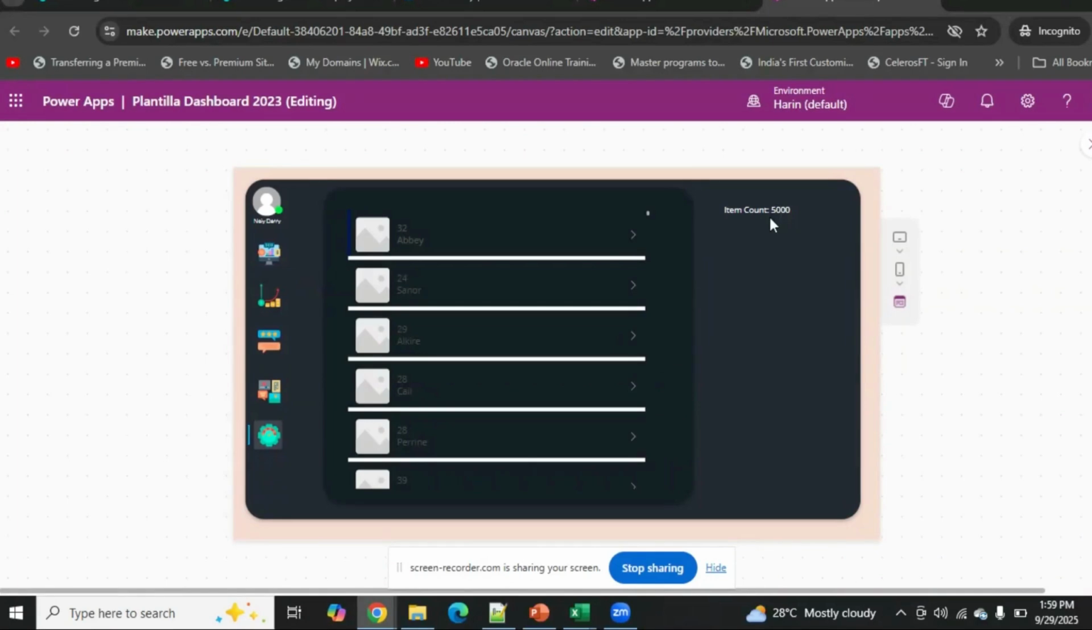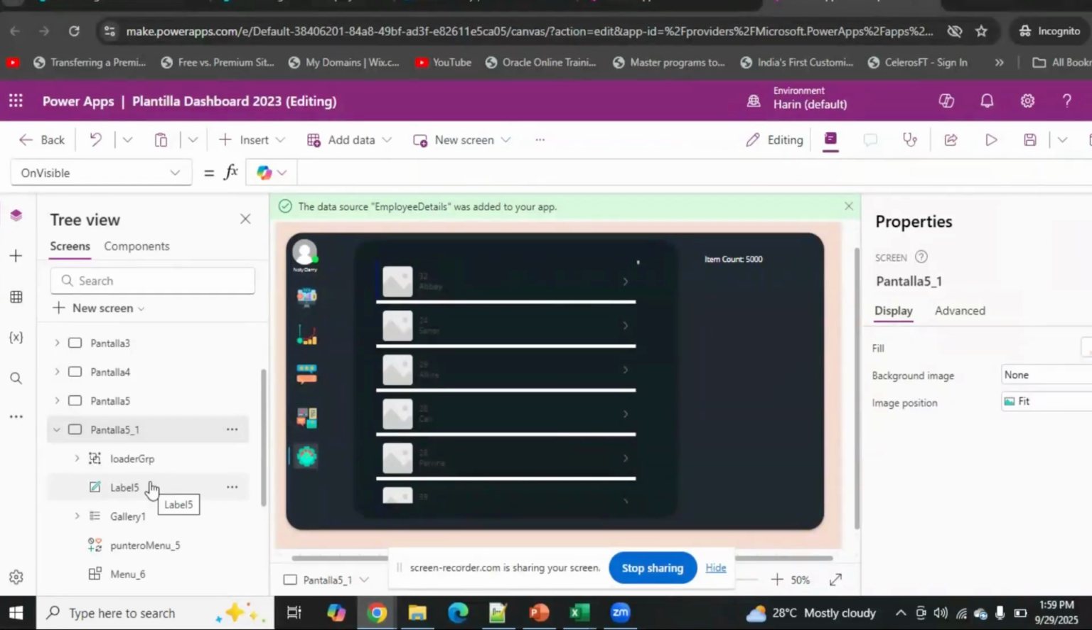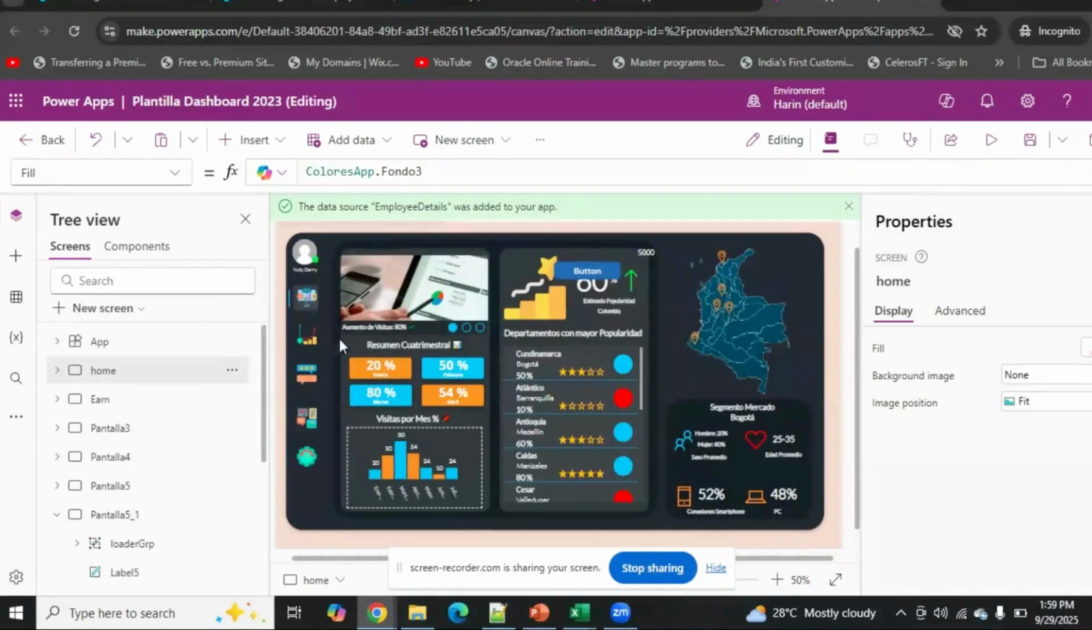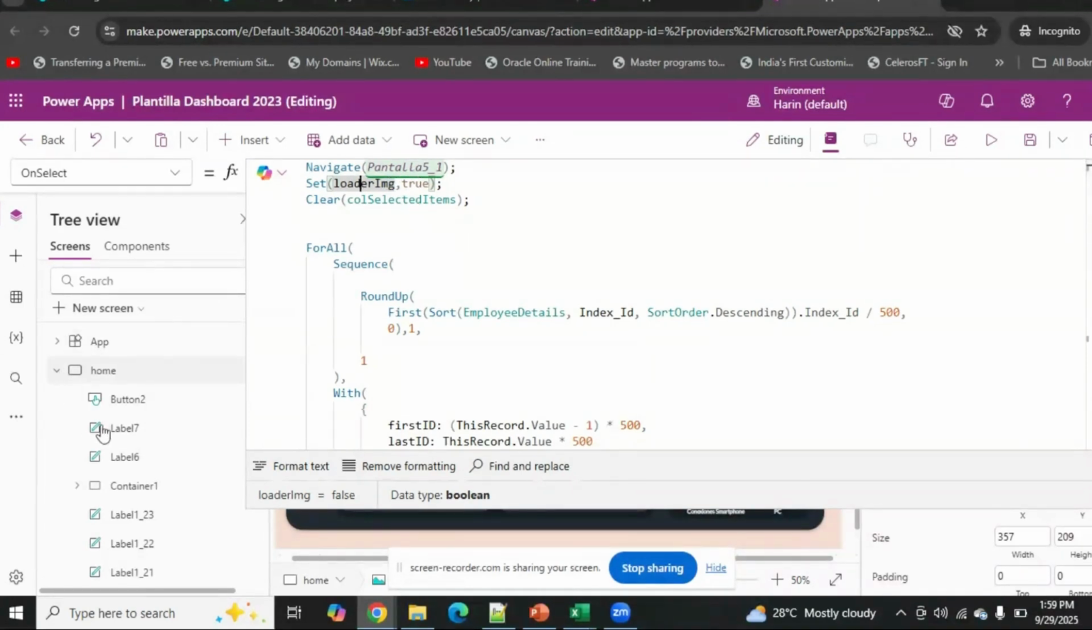1500 and then comes 5000. See, as soon as my collection is loaded, my loader got turned off. So it's just a simple trick instead of the traditional approach of adding a timer control and setting it to a specific default amount of time to load. Instead, we can go to our previous screen from where we are coming, or if we are on the same screen, just before the operation where we are collecting the collection, we can set a global variable and make it true, and that variable we will directly add to the visible property